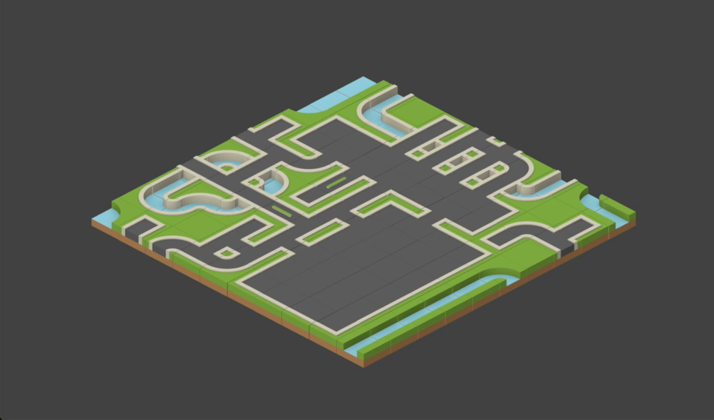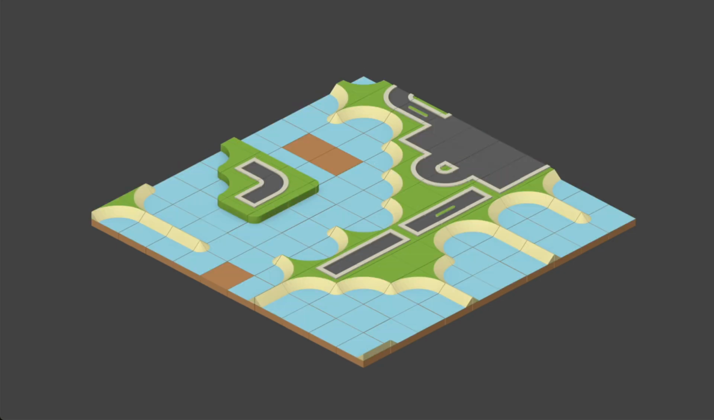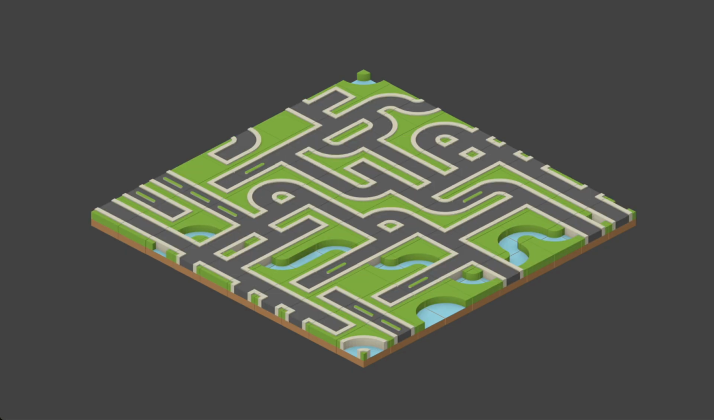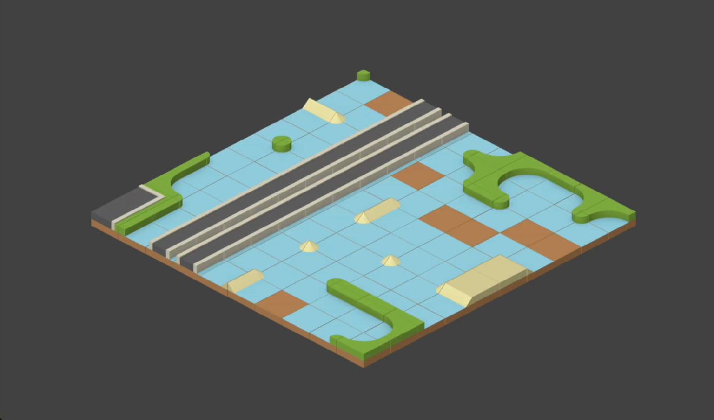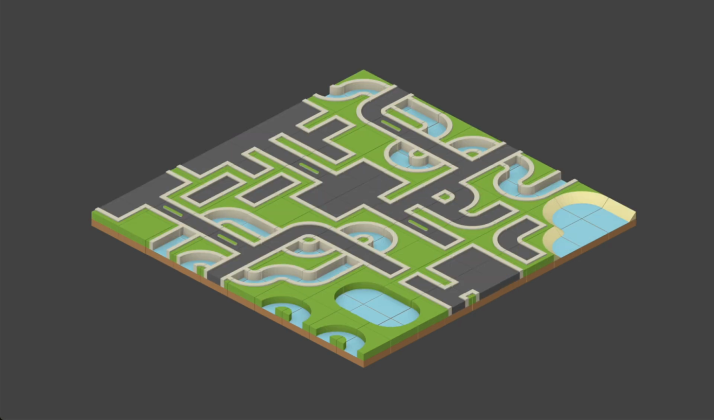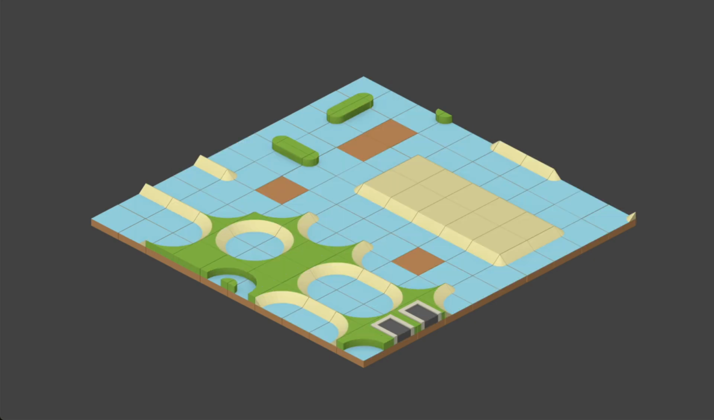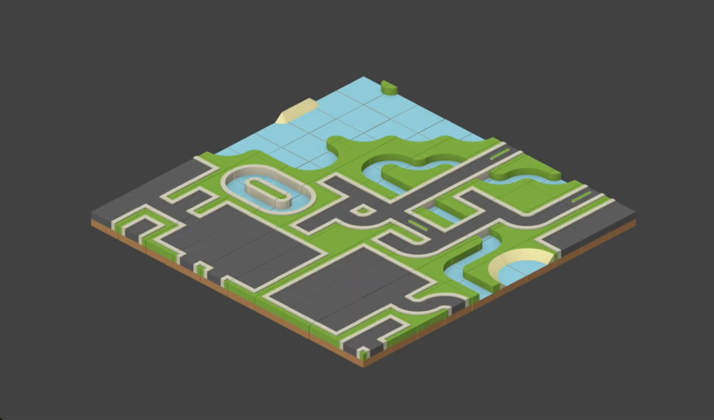Today we are going to be looking at procedurally generated tile maps in the Godot game engine using the wave function collapse algorithm. Wave function collapse has become quite a popular method of generating maps in games like Townscraper,